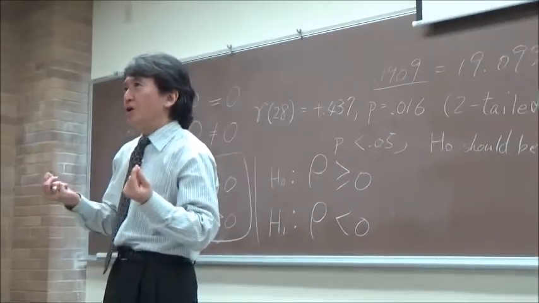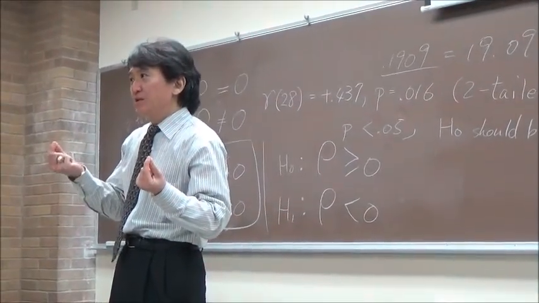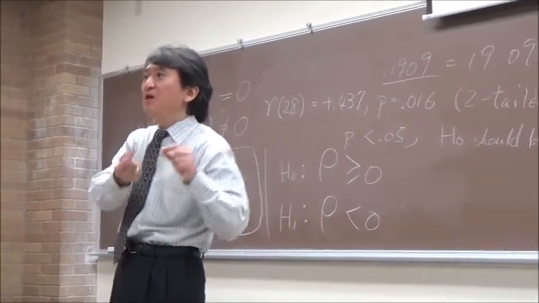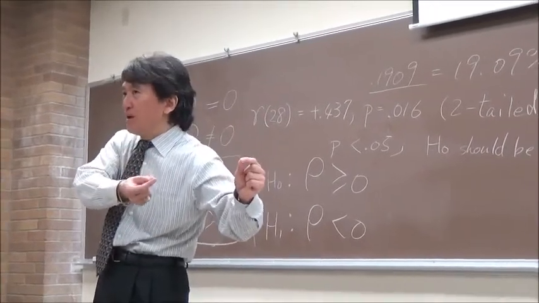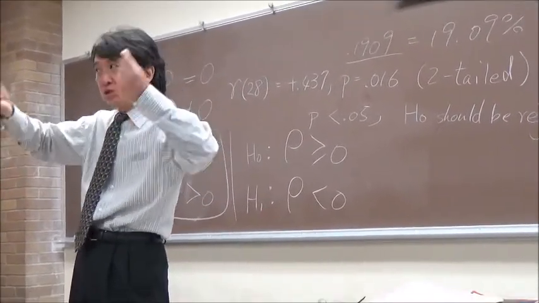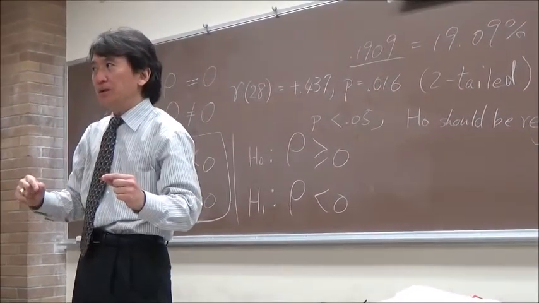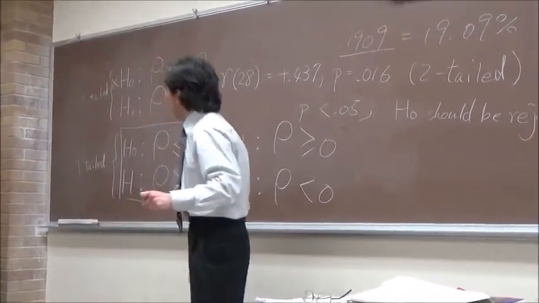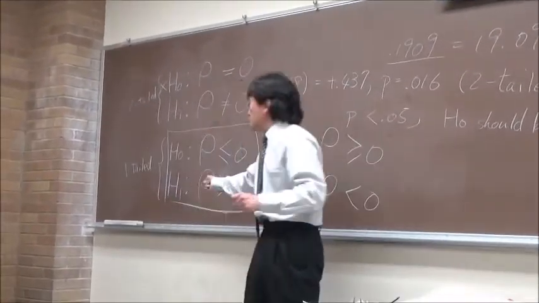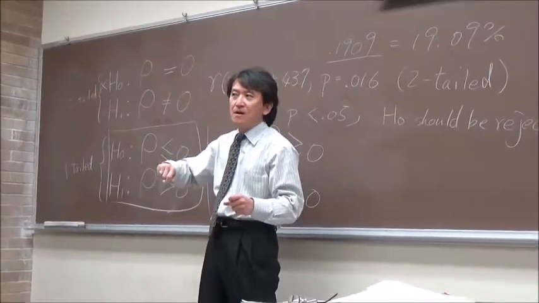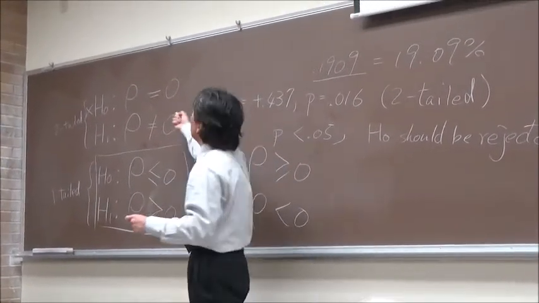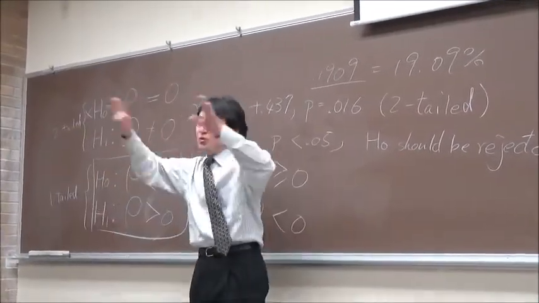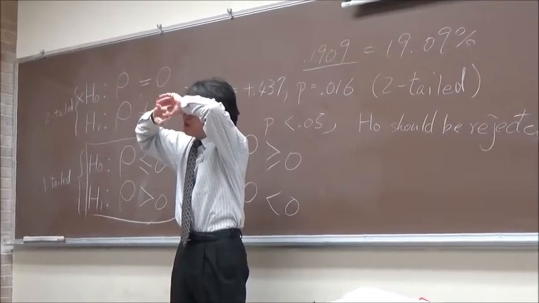Let's assume that the quality of marriage is positively related to the quality of parent-child relationship. Then definitely we are talking about the positive correlation, not the negative one. Am I correct? So that would be reflected in the hypothesis. H1 is positive. But if it just says there's a correlation, then it's two-tailed, because we are not looking for a difference or talking about the direction, positive or negative.